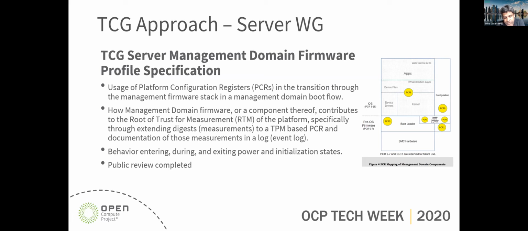The server group looked into this and spent a lot of time, and finally concluded that the simplest way to address this issue is to treat these two domains as separate domains and have separate specifications so that things are clean. But I think it is probably possible to come up with some creative way to use a single TPM for both of these use cases. But at this point, I don't know any way to do that without breaking the requirements that we have currently. Yeah, thank you.